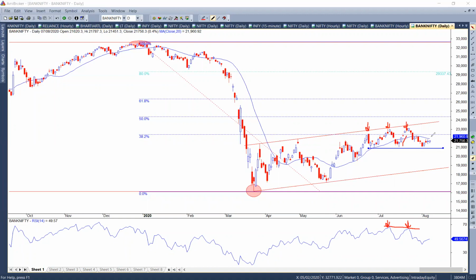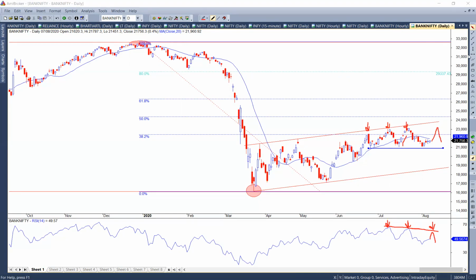Okay, suppose if it comes up again on the upside over here, and we move down, and RSI comes up till here and then comes down, so we will have again a loss of momentum. That's again a very important piece of information: the market up move is not supported by statistical indicators like RSI that we are using right now. So that's a loss of momentum, and this acts as a warning sign on Bank Nifty. Does it indicate you have to short? No, it acts as a warning sign before everything else.